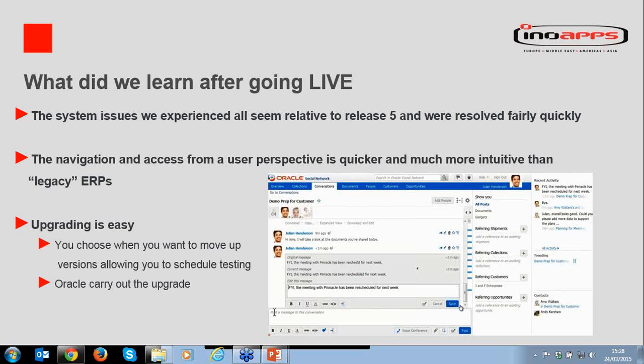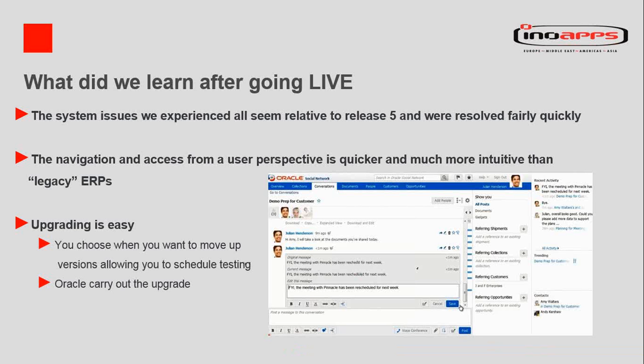And so this is why you want to make sure that you keep your system as standard as possible, because of course you will not be able to benefit from those upgrades if you have customized it a lot. So that's again one thing that you want to be aware of when you set up those processes. Keep it standard. It does, as Phil said, 80% of what your business does. So keep it standard as much as possible, and you will be able to benefit from all the upgrades and get the new functionalities straight out of the box from the releases. So that's really something we've learned once we've been live.